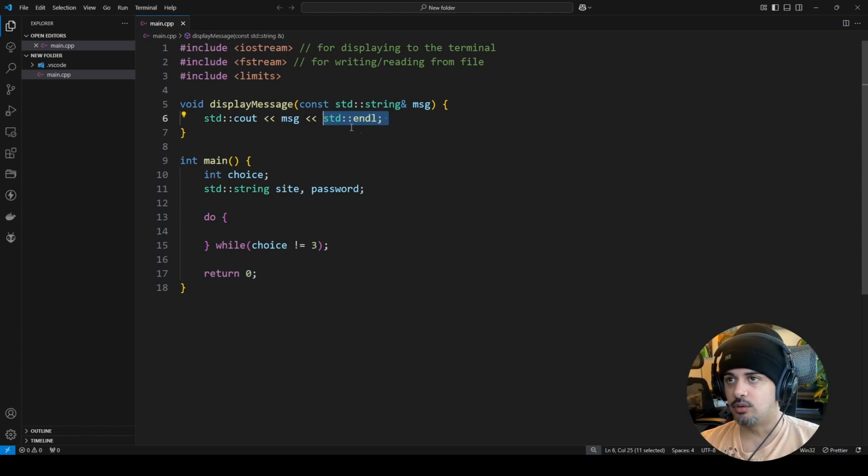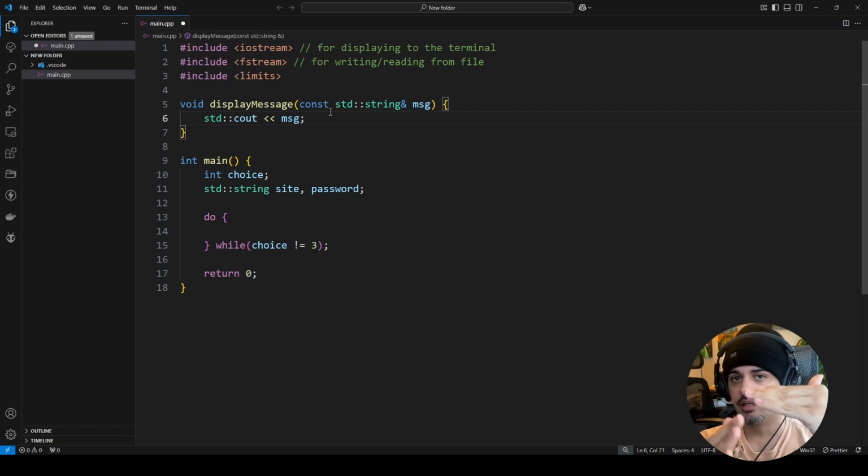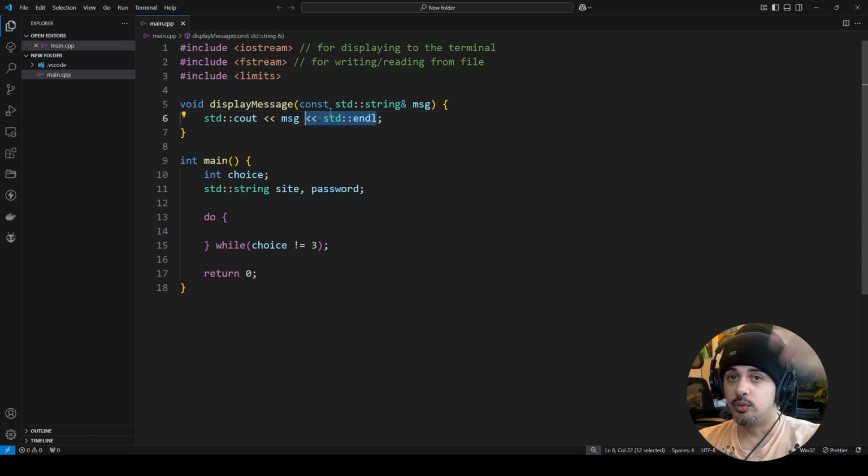If you don't know what endl is, it stands for end line. Basically, it just adds a new line, so that way it prints that, and then the cursor goes to the next line. That's pretty much it. If I got rid of that, then what would happen is it will display that message, but the cursor will stay right there on that same line. So if you try to print again, it'll just print on the same line over and over, and we don't want that. So we just leave the end line there, and that way we go to a new line